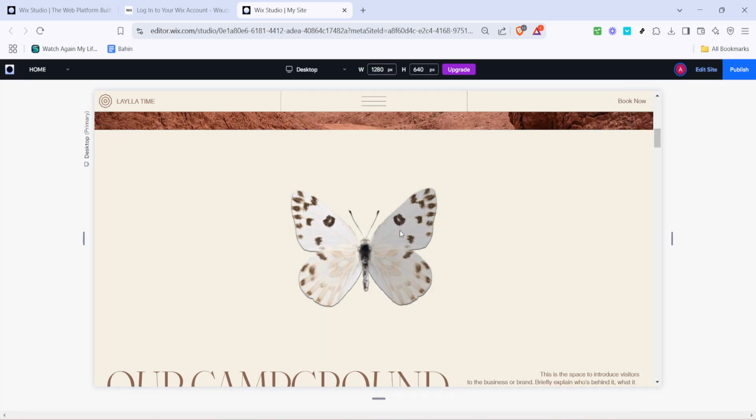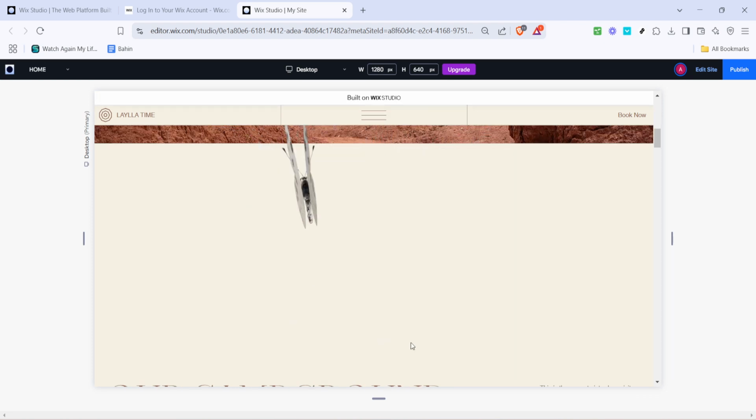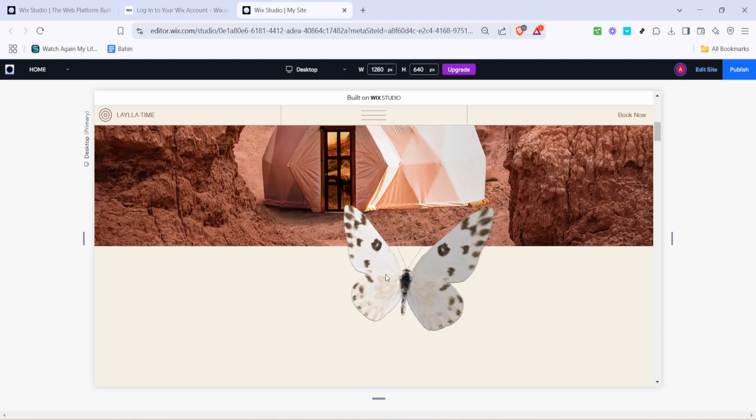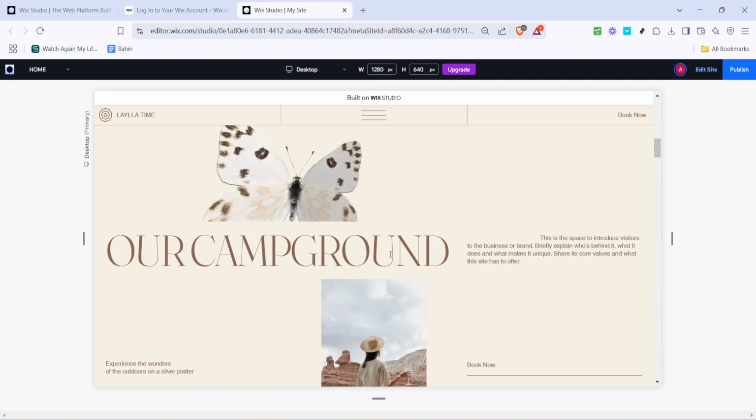Once you've set this up, the final step is to see your work in action. Click on Preview to view the 3D Parallax website you've just crafted. Take this chance to ensure everything appears exactly as you intended. And there you have it. By following these steps, your 3D Parallax interactive site is ready to go, all without writing a single line of code.